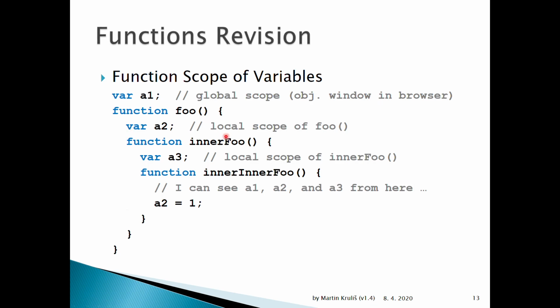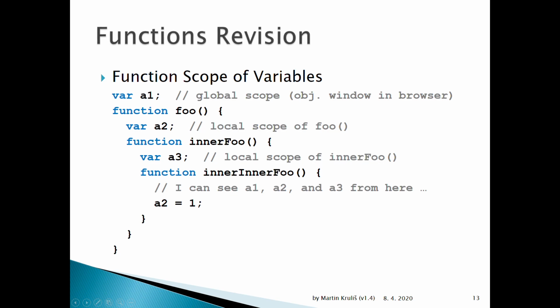So if I create inner foo, this function has access to the parent's context, so it sees the a2 variable, and also its parent's context, so it also sees the global variable. However, seeing global variables may not be that surprising in this situation. If I nest this even deeper, like 3 levels, then this expression will actually look up the appropriate variable, in this case a2, in the scope chain. So it travels all the scopes upwards and finds the nearest variable that holds this name and assigns the value